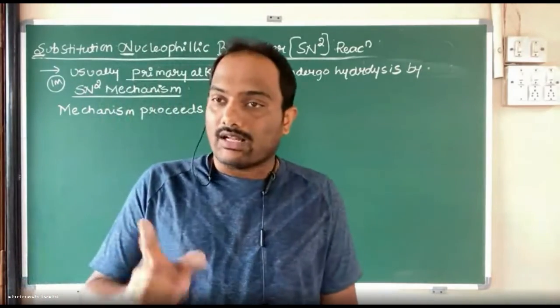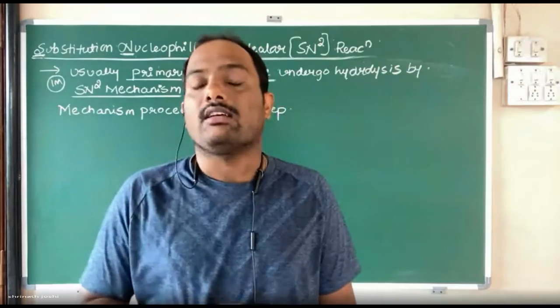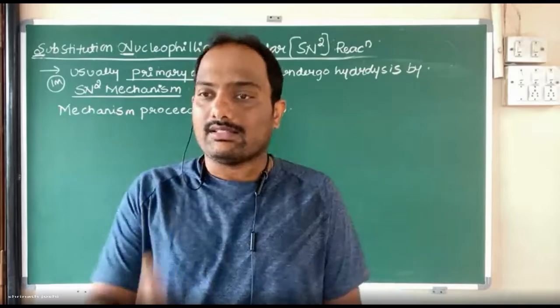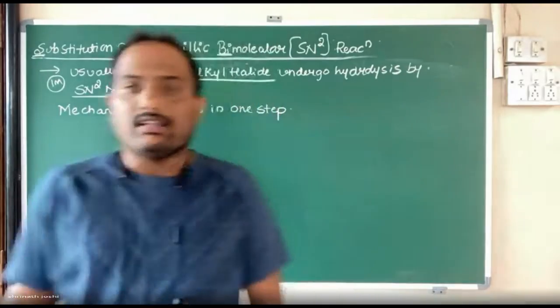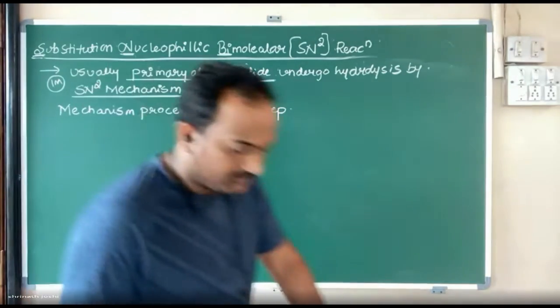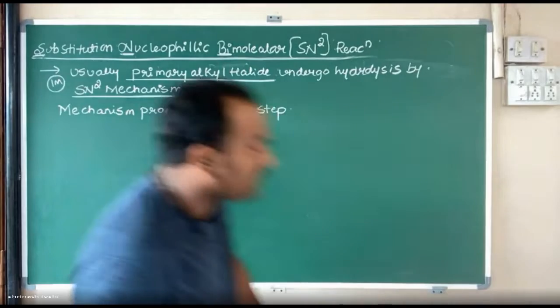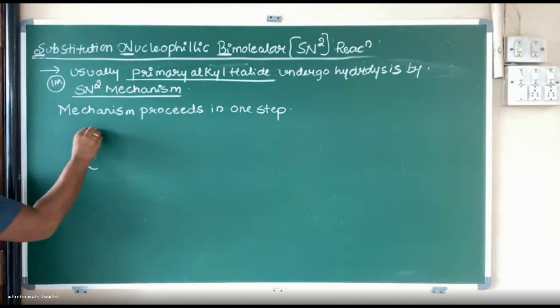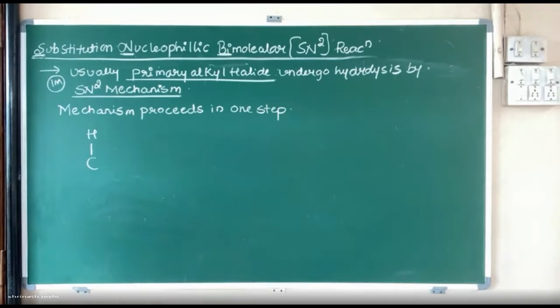Remember, SN1 is an example of complex reaction. SN2 is an example of elementary reaction. Elementary means single step. Look here on the board. Now what we do, we take alkyl halide. The alkyl halide which I am going to take is a primary alkyl halide. I will write in this fashion. I think in the PUC first year you might have studied dash wedge structure. Am I right?